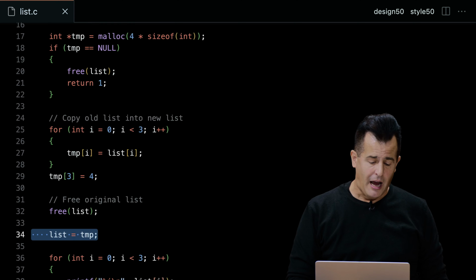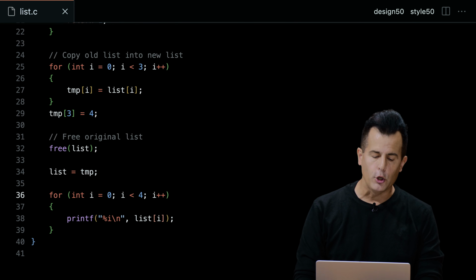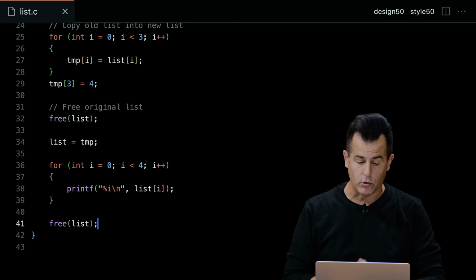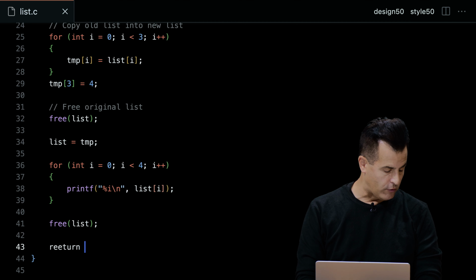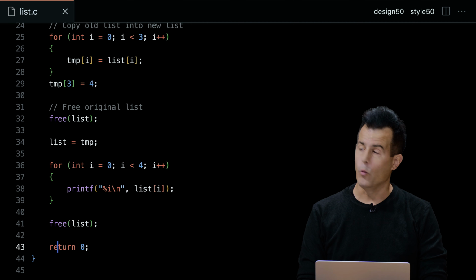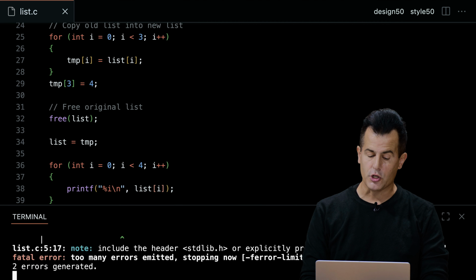All right, lastly, let's just scroll down to the bottom of the code here. I can manually change the 3 to a 4 just to demonstrate that I've stored all 4 values in here. And then at the very end of the program, I think I have to free the list again, because now the list is pointing, a la the foam finger, to the bigger chunk of memory, the 1, 2, 3, 4. And then I can go ahead and return 0 at the very end, because all is hopefully well at this point. Let me go ahead and open my terminal window again and make this version of list.